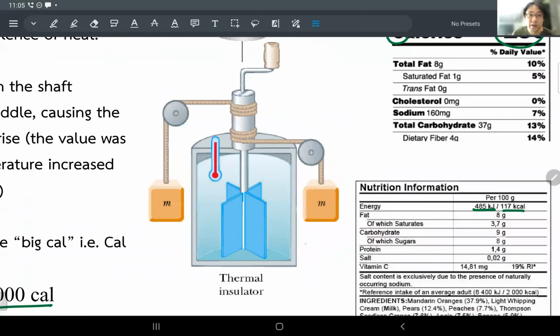We sort of know this. This is nothing new. But back in the day, people were trying to make the connections between this. They had heavy masses hanging above the ground, and they let them fall to the floor. It was attached to a paddle that can make the water move a little bit, and then they measured the temperature change of